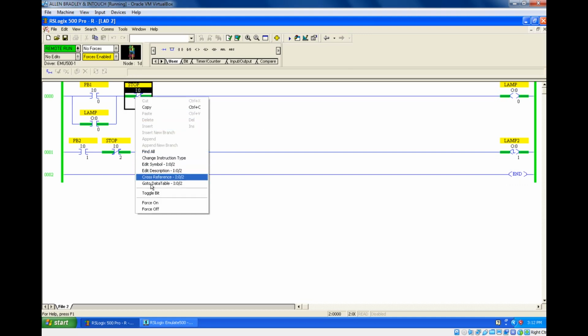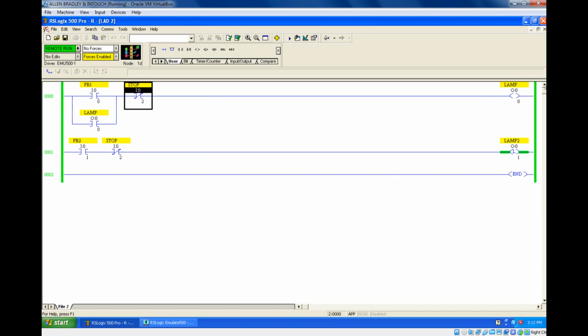If I turn it on, your normal latching concept is unlatched by the stop push button. But see here, I made the rung false by opening this, and still this latching coil is in the on condition.